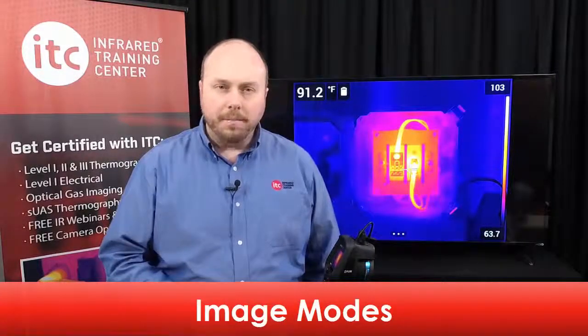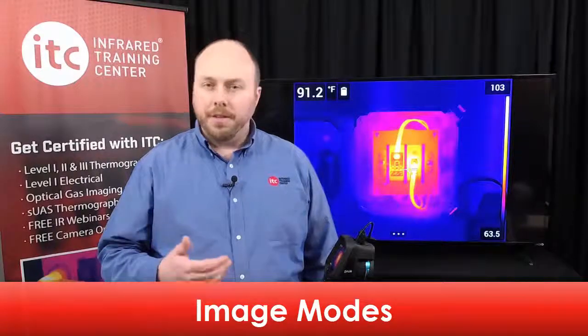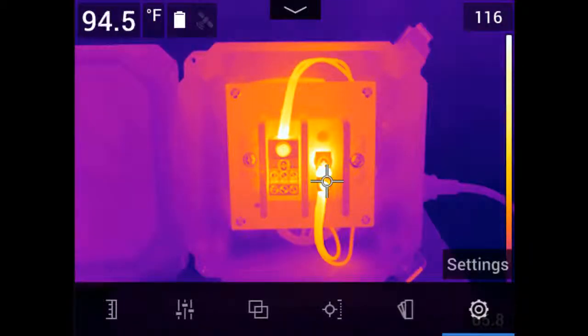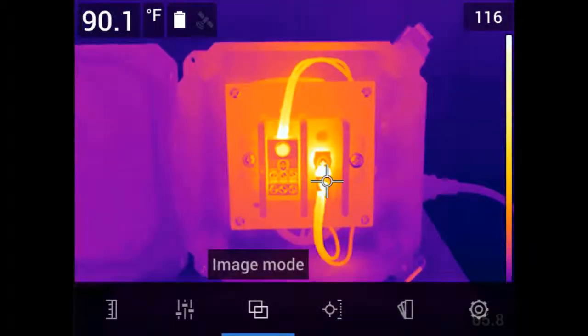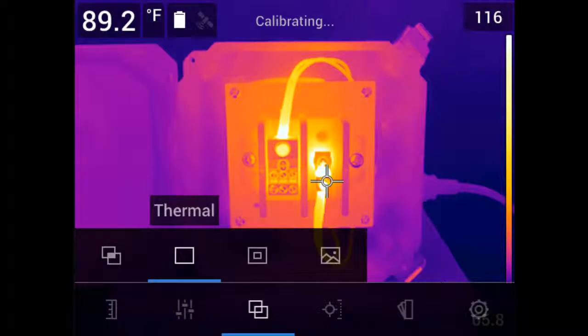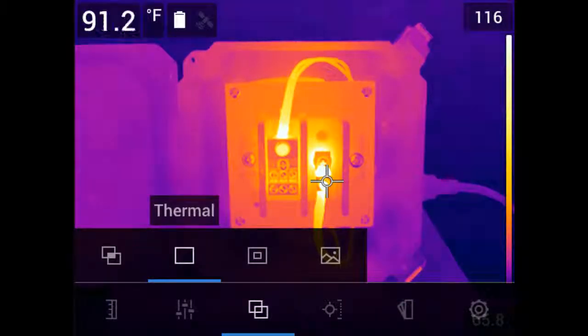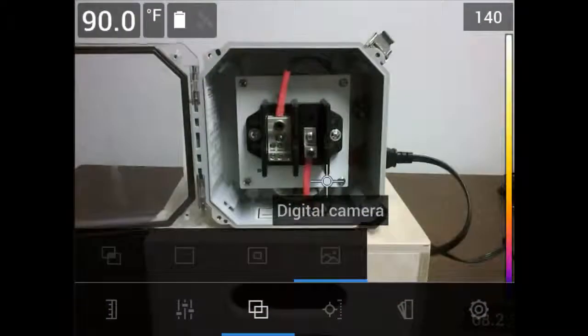There are 4 different image modes available with this series of camera. You can access these by either using the navigation pad or the touchscreen capabilities. Open the main menu and select the image mode icon. 4 options will appear: MSX, which stands for Multispectral Dynamic Imaging, Thermal Only, Picture-in-Picture, and Digital Camera, which displays just